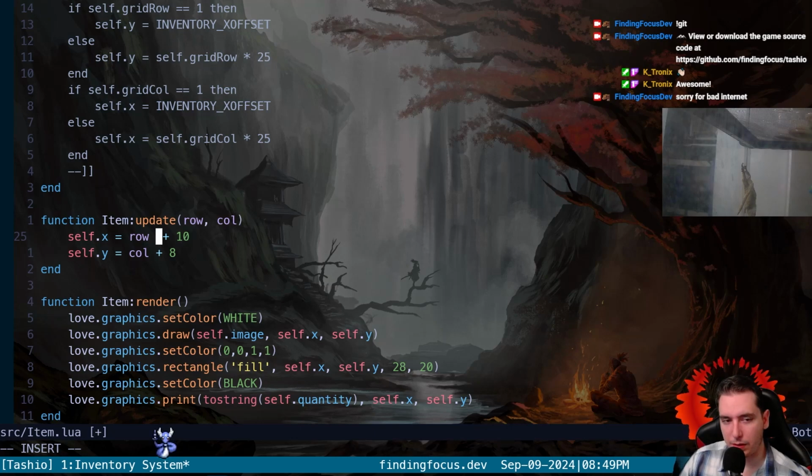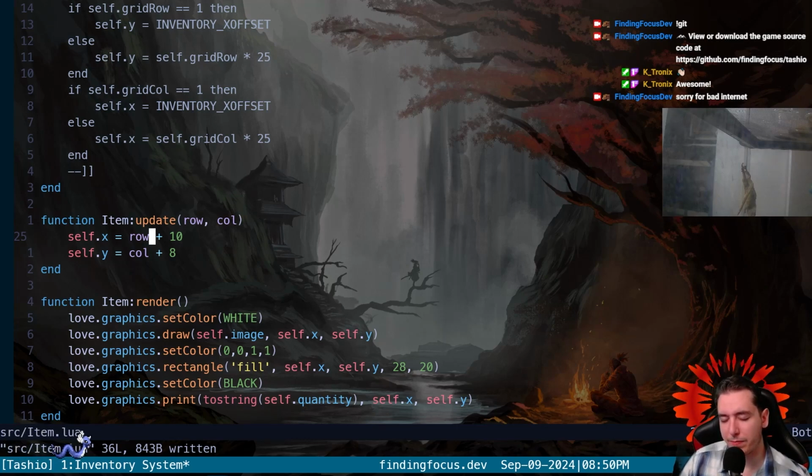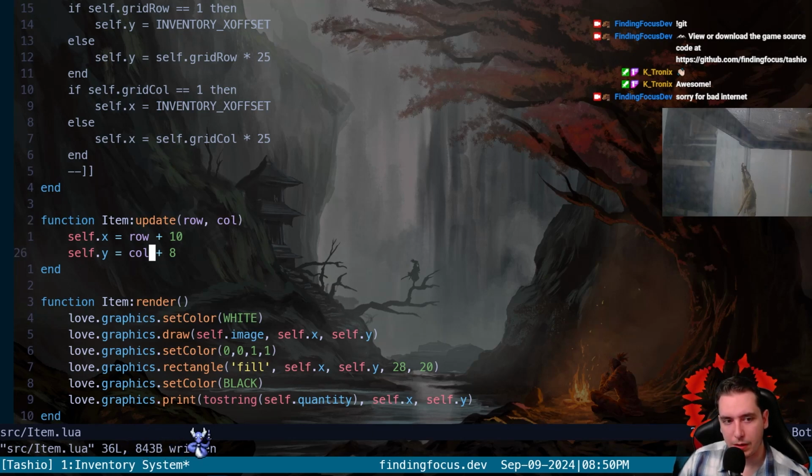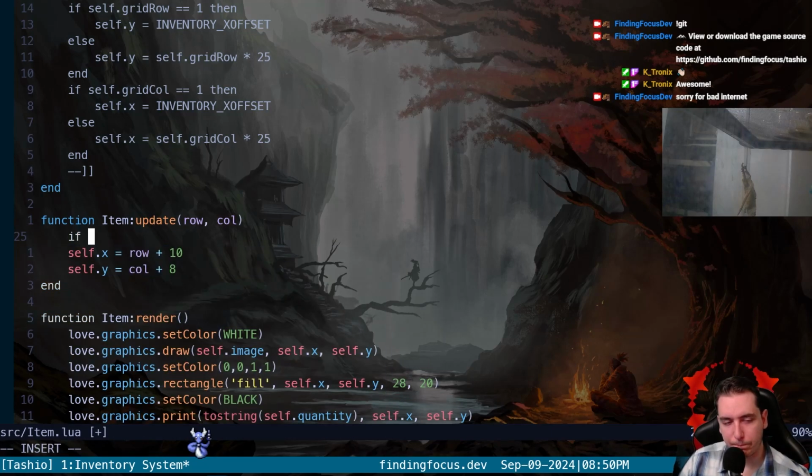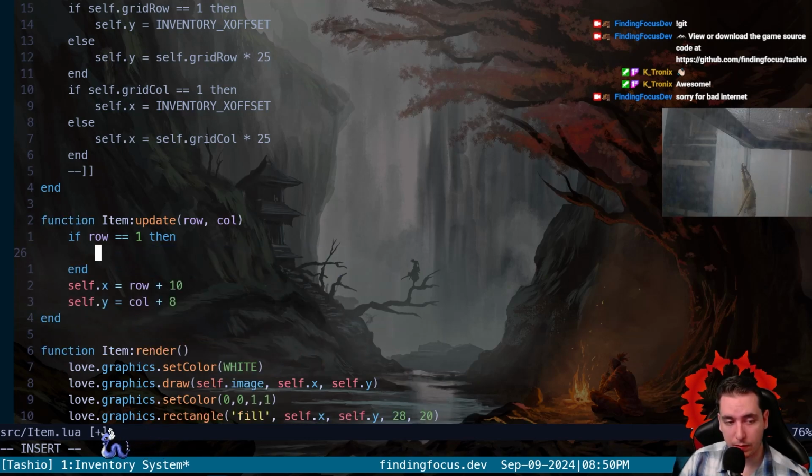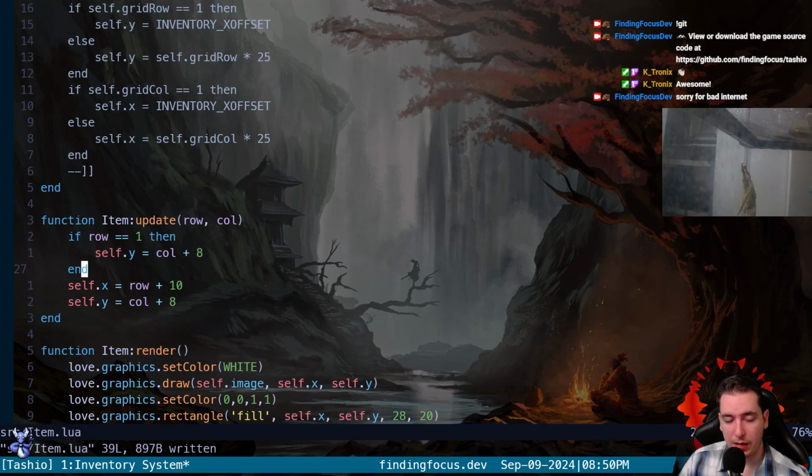And now this is a little jacked up because we don't want to modify the row. We don't want to modify an X offset if the row's 1. We just want to modify... how do we do this? If row is 1, then we just want to add the offset. So we'd want to say, okay, if row's 1, then our y is going to be equal to just whatever our neutral offset is. And then